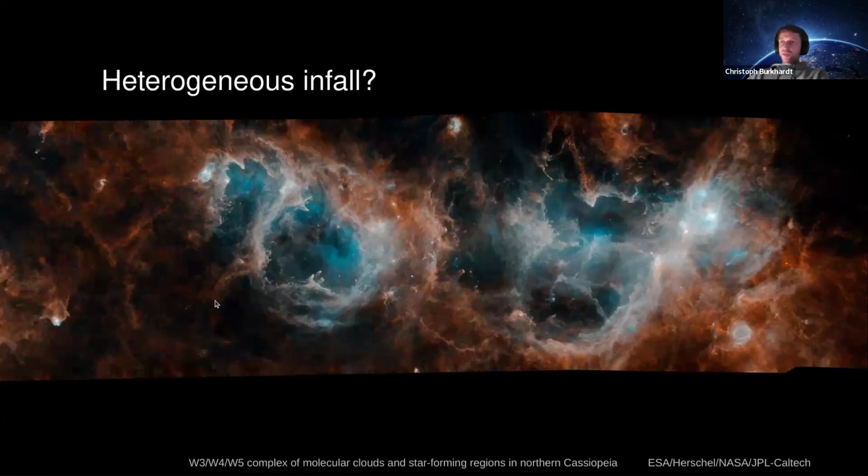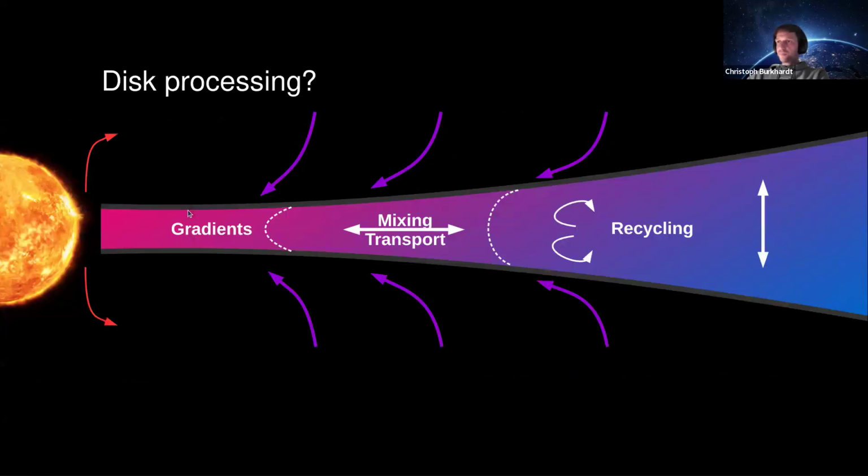So there's a lot of stuff happening, and it's not unimaginable that a collapsing cloud parcel that forms a new star has a slightly different isotope composition.